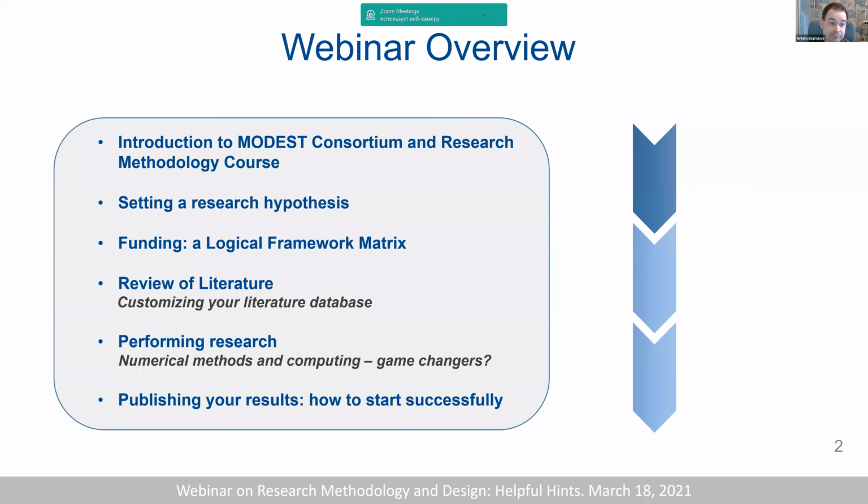And this seminar is dedicated to helpful hints in research design and research methodology. If we start discussing research methodology in general, it will take us several days just to agree about common features or specific features in different areas of sciences. So here I will try to tell you the story about the research methodology course we're designing within the framework